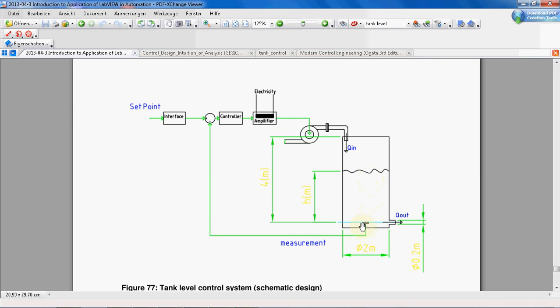This sensor could work based on the pressure of the water. For example, 8 meters is transformed into a certain voltage. Let's say 8 meters transforms to, for example, 0.8 volt or something like that. It works in this way. It could work based on the pressure of the water, or